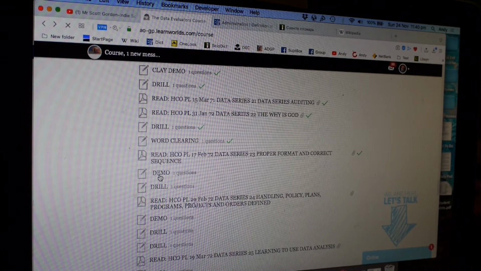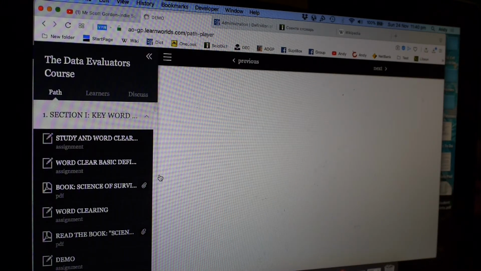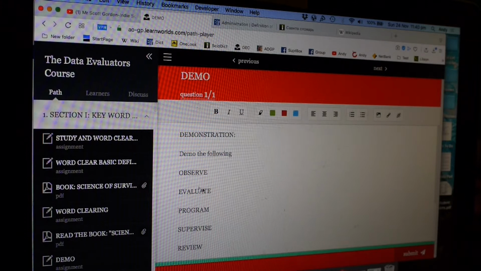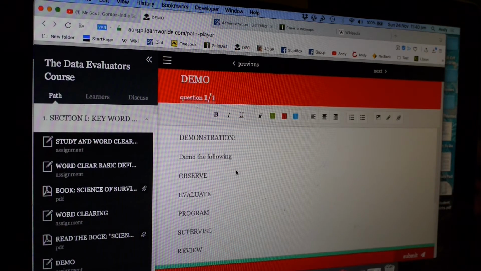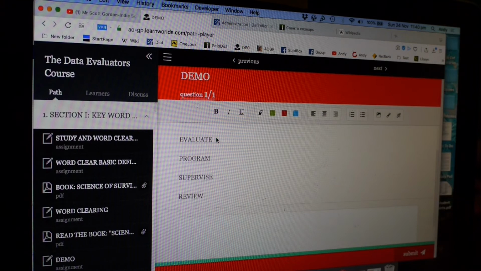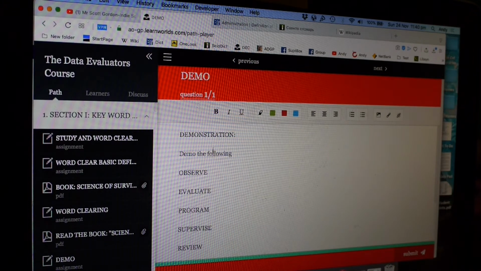Okay, so here's demo. Let's click on demo, see what this says. Demonstration. Demo the following: observe, evaluate, program, supervise, review. So in this situation, you would write what the demonstration is. So demonstrate, observe. So you'd say